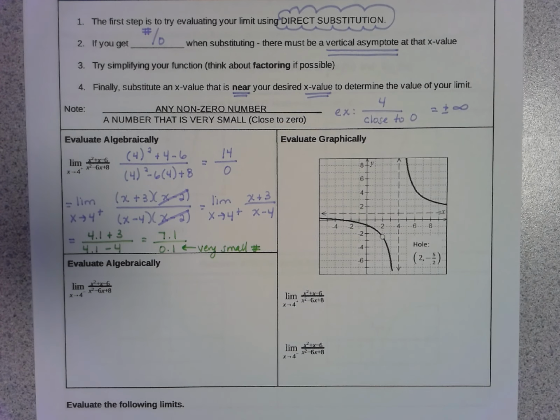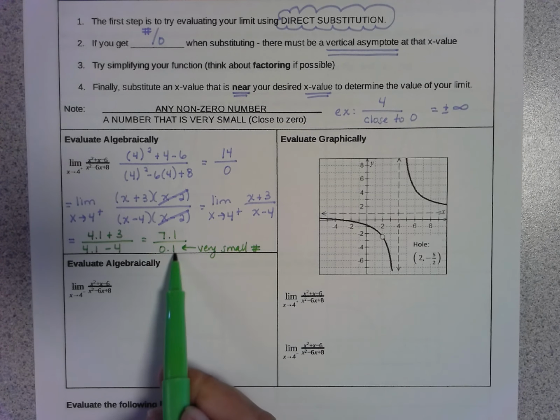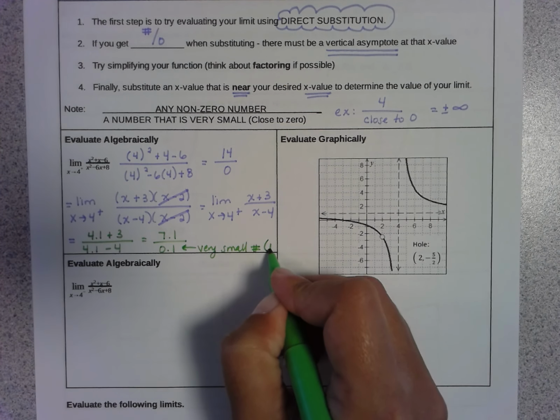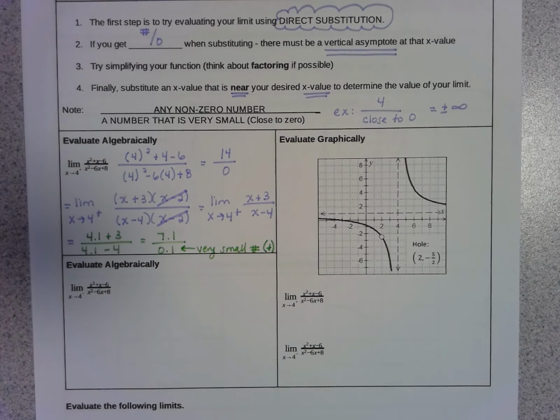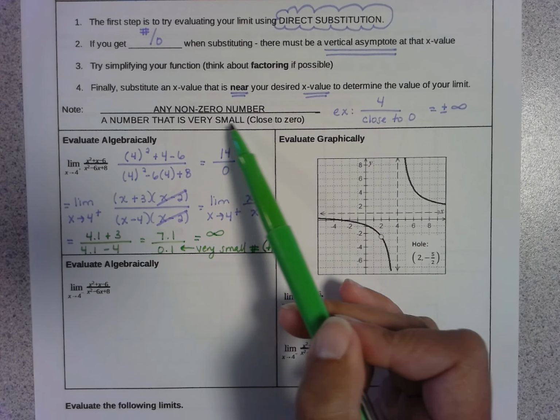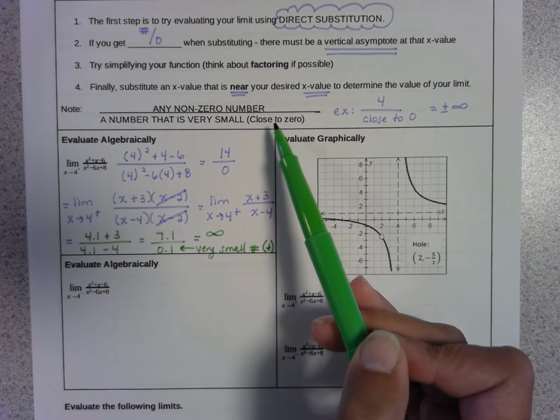Now remember, we arbitrarily chose 4.1. We could also have chosen 4.01 or 4.0001. Either way, this ends up being a positive, but a very small number that's positive. If you have any number divided by a very small number that is positive, then a positive divided by a positive makes my final answer positive infinity. And that goes back to this idea. Any non-zero number, like 7.1, divided by a very small number, so close to 0, is going to give you